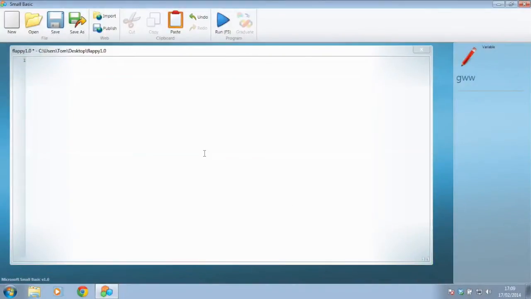Welcome to the first tutorial for Flappy Bird in Small Basic. This is great if you've had some idea of programming before and is really focusing on how to use coordinates and create graphics and animation, I guess. If you've never done any programming before, I'd strongly recommend you check out my other tutorials, which should start with the text constructs within programming. It talks more through the ideas of if statements and the ideas of loops